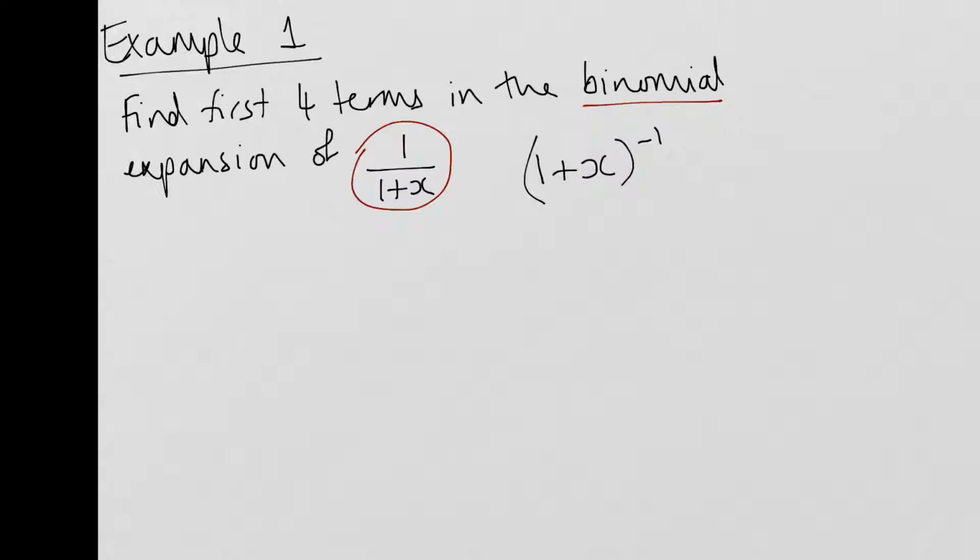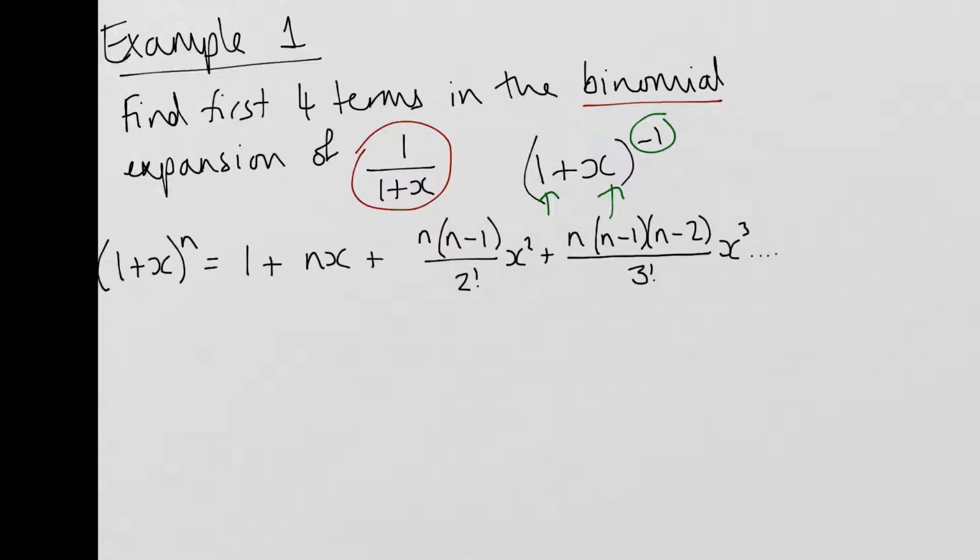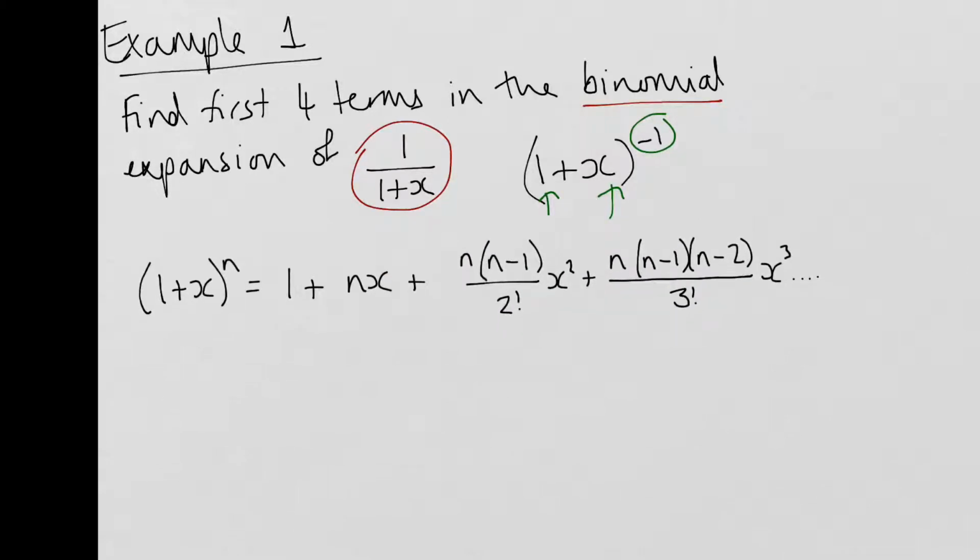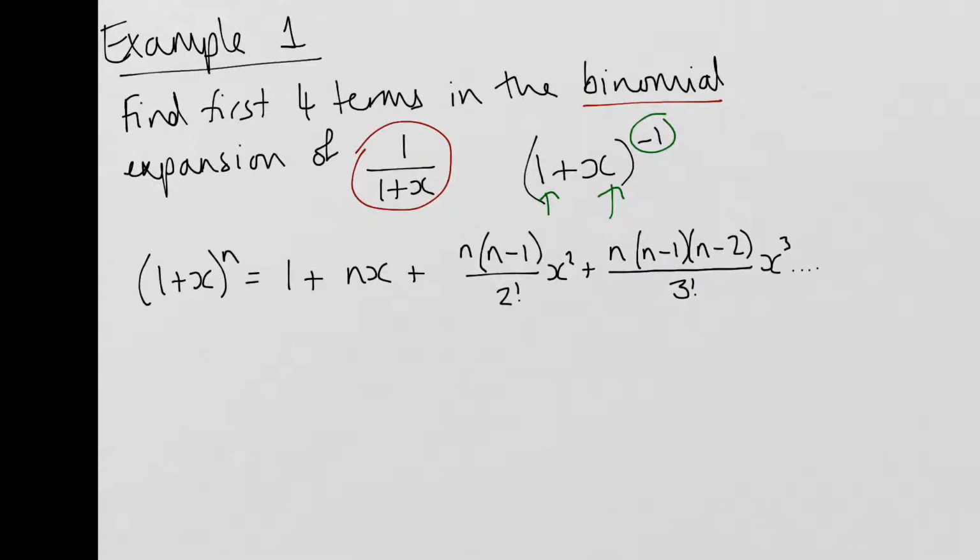So we start off there. We've got our power, we know that it's minus 1. We've got the 1, we've got the x, so we are ready to go. So you'd start off by putting in your equation. So here's one from earlier, and then we're going to just start substituting values into there. So I can see that my first term is going to be 1. The value for n in this case, as we set up here, is minus 1 times x,